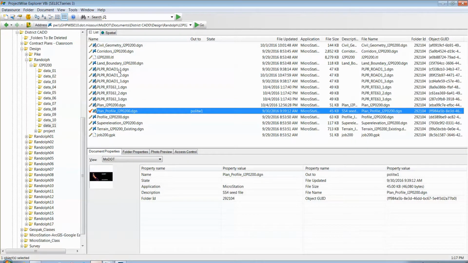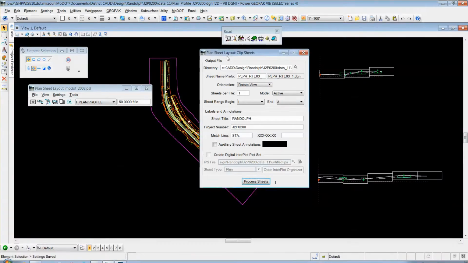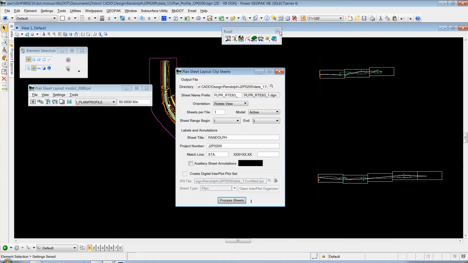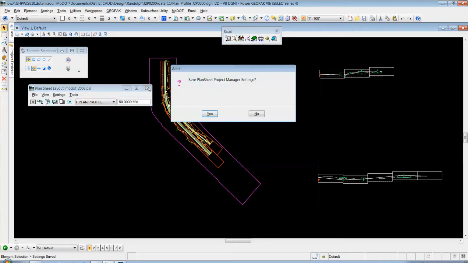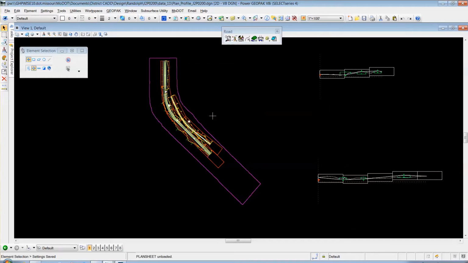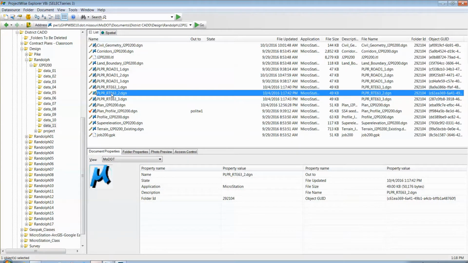You can see now, instead of having just a PL, PR, Road 1, 2, and 3, we now have a Route 63, 1, 2, and 3. So I'm going to go back to Microstation for a moment, and I'm going to close out of some tools. Get rid of this sheet tool, and I'm finished with this, so I'll go ahead and close it. Sure, I'll save my settings for that Route 63 user preference file. Okay, so now we'll go back into ProjectWise, and let's look at sheet number 2,